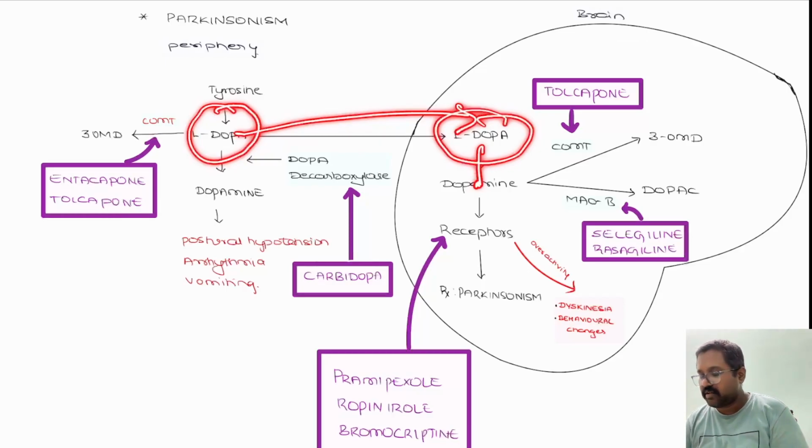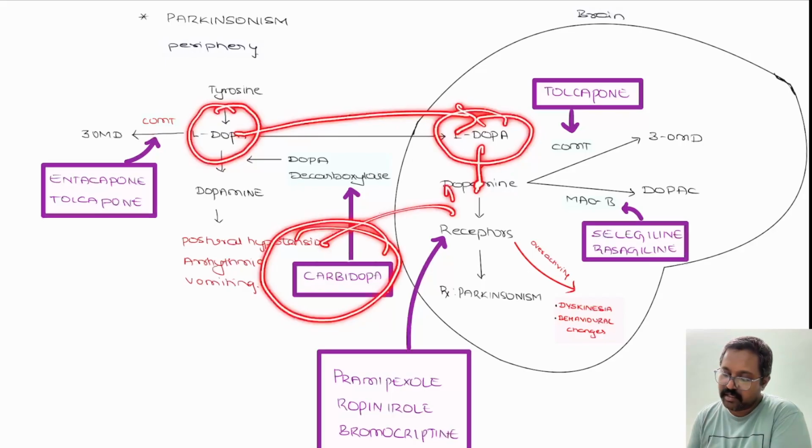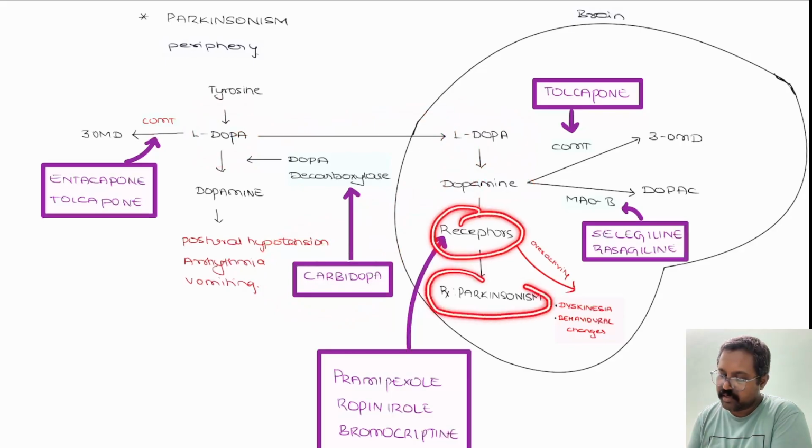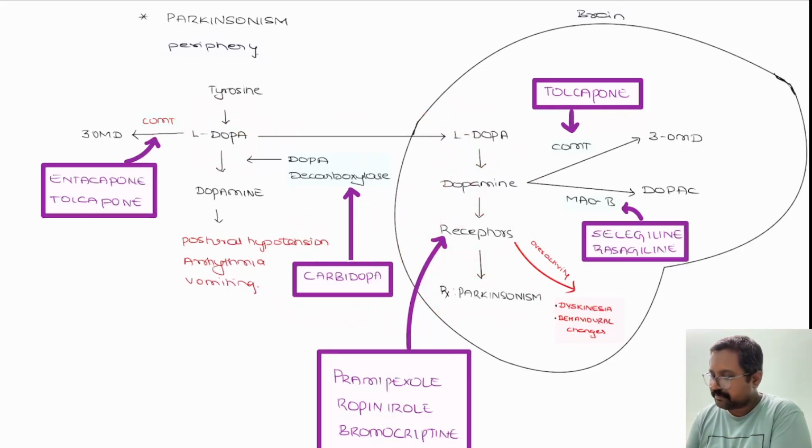And you may ask whether carbidopa will cross the blood-brain barrier. Carbidopa will not cross the blood-brain barrier. So that's why levodopa is converted to dopamine in the brain, which is the active form, and this acts on the receptor and is responsible for the treatment of Parkinsonism. Again, COMT is responsible for its further metabolism, and MAO-B is responsible for